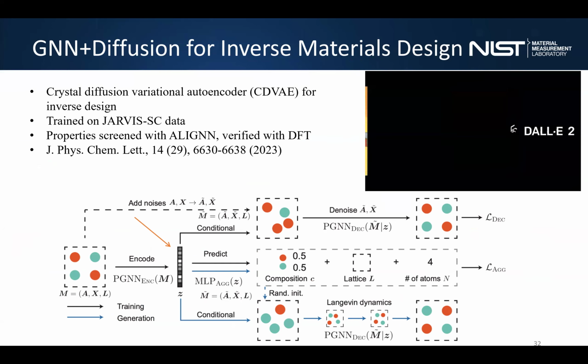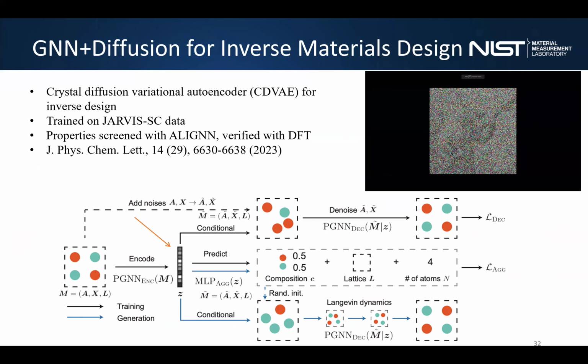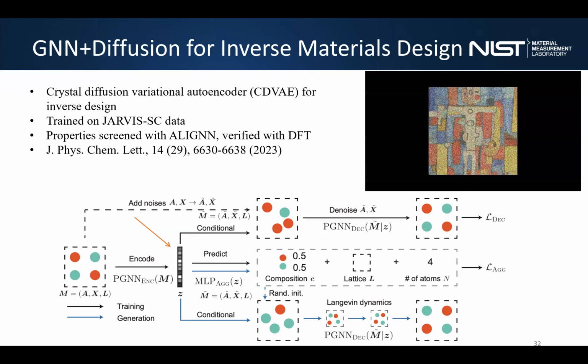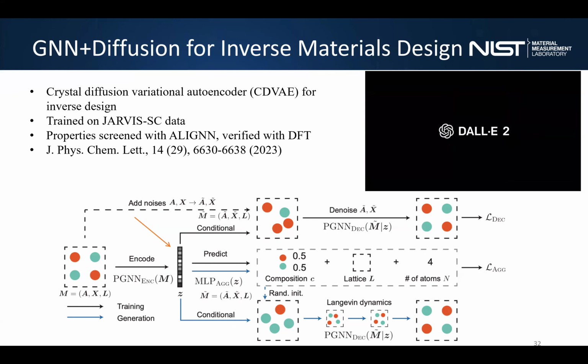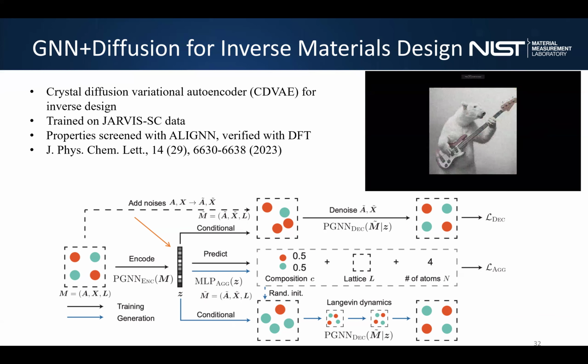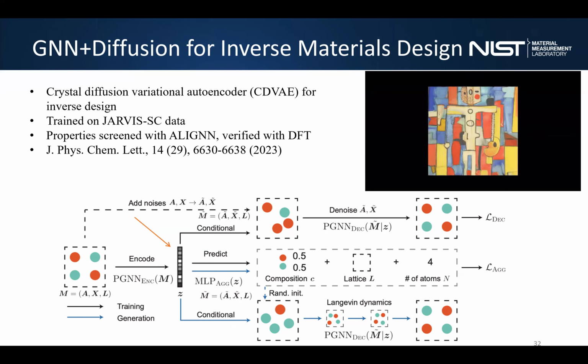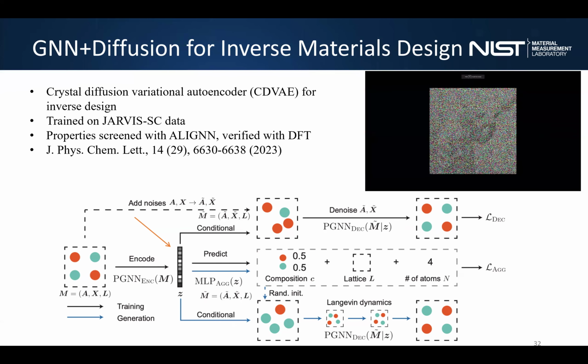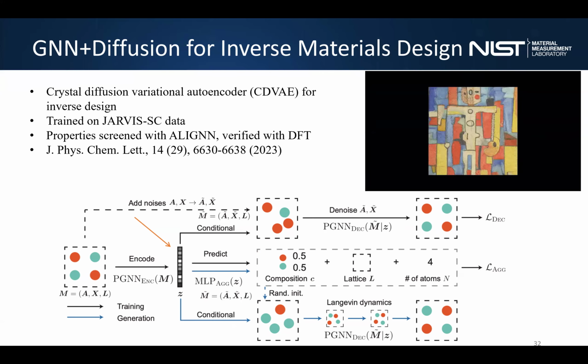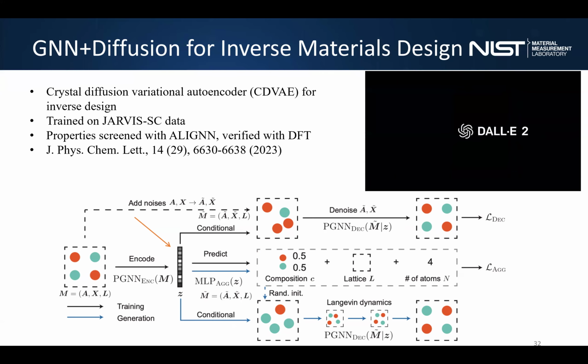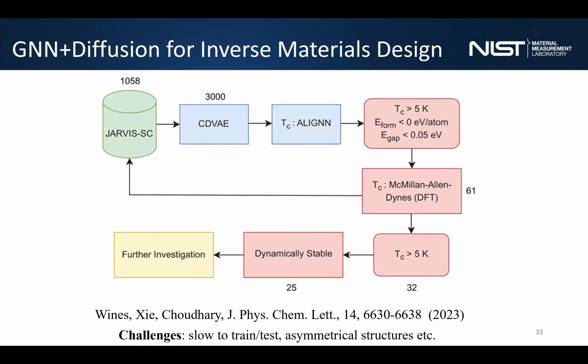How about inverse design? We collaborated with Microsoft. They have a model called the crystal diffusion variational autoencoder. The idea is that once you have a graph, you have something called an embedding feature or hidden feature. From this hidden feature, you can predict a property, or you can train three models which predict lattice parameters, the number of atoms, and the composition, and gradually have noising and denoising to give you the full atomic structure. So we used this model to generate 3,000 new superconductor candidates, and then used McMillan-Allen-Dynes formula based discovery of